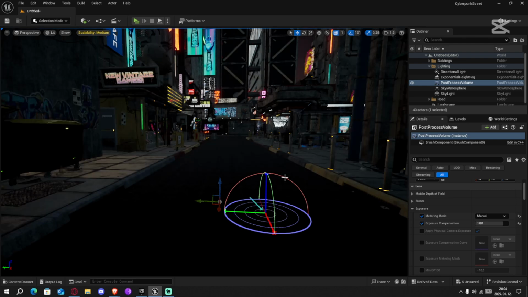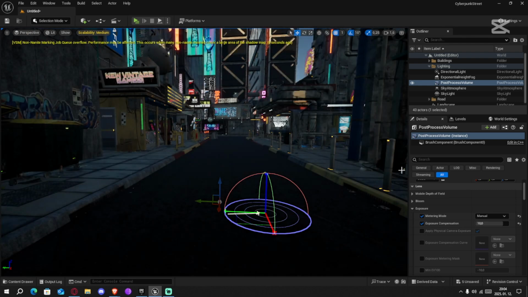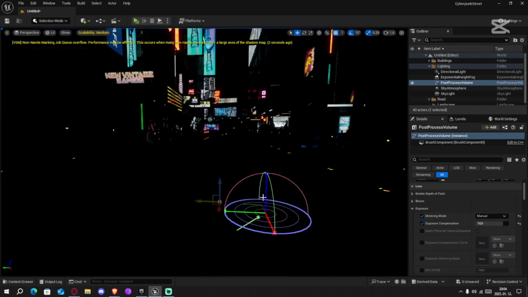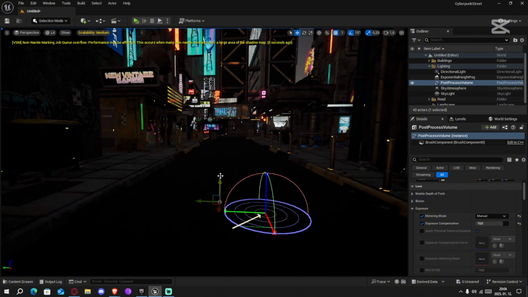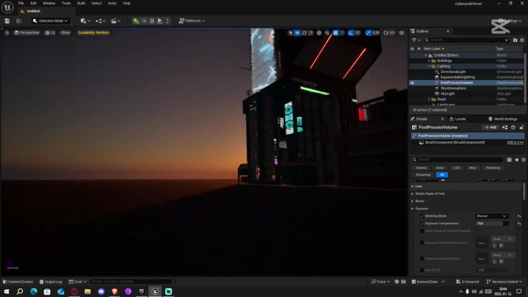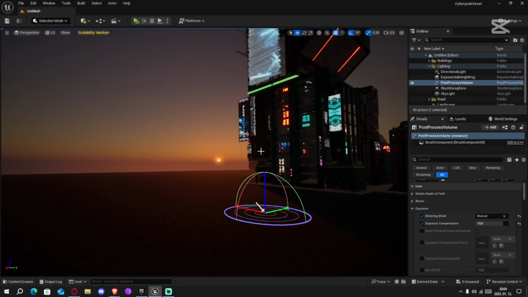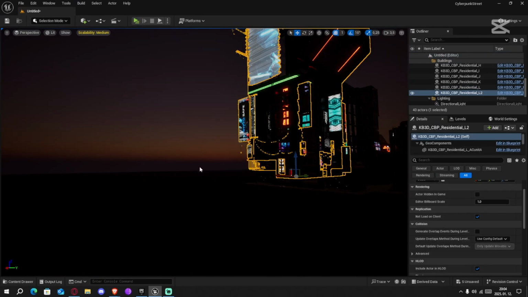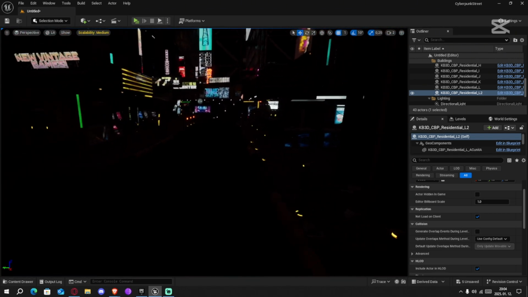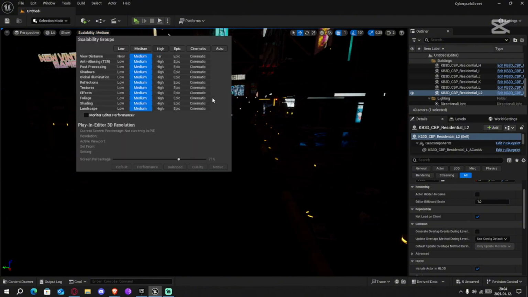So if you press Ctrl L, you can actually play around with the sun's angle. I'm just going to make it like this, almost sunset. After sunset, maybe there. This looks good. As you can see right there is the sun. Maybe a little lower, make it a bit more nighty feel. Yes, and as you can see, our exposure is pretty low right now, but changing the scalability settings